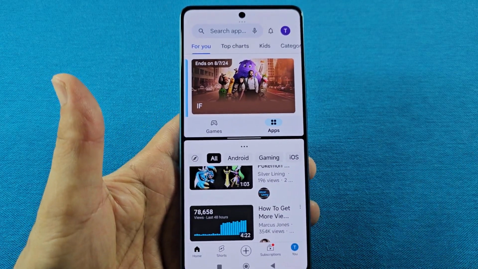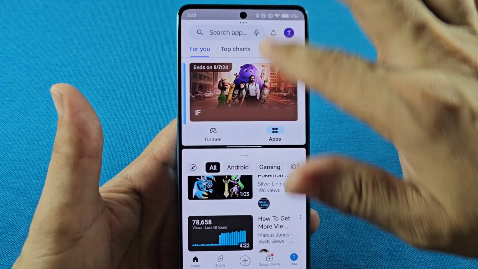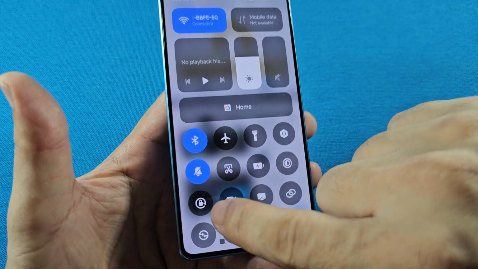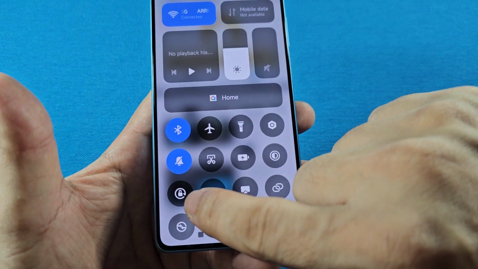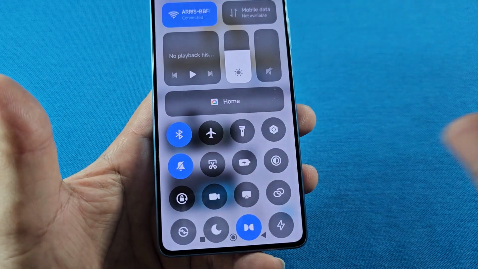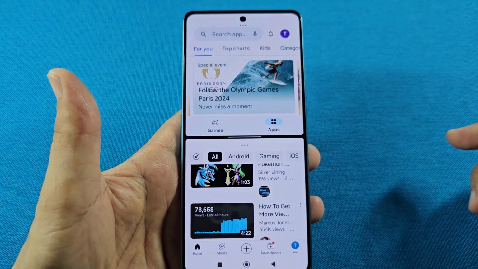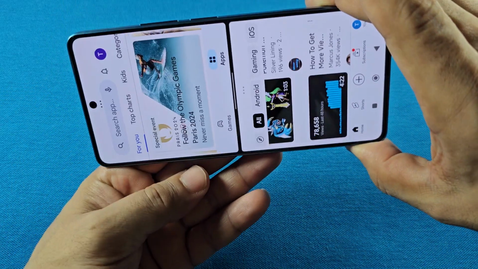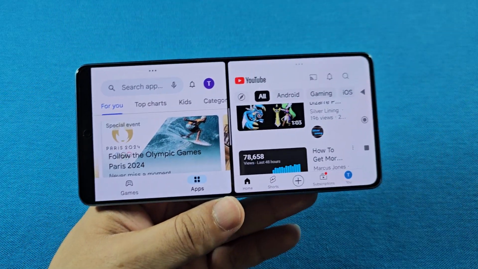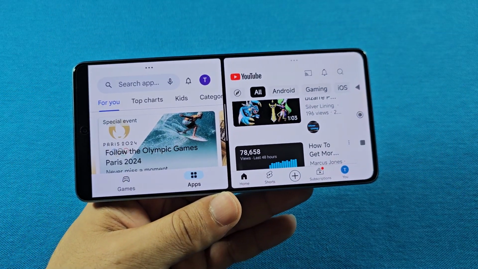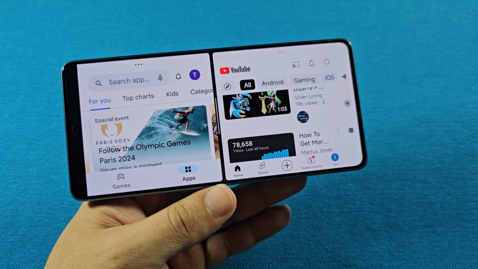into the landscape mode, make sure your auto rotate, make sure this here is not turned on, okay? Because if it's turned on, that means you locked it into portrait mode. So turn it off. And now that you have your split screen mode, you can switch it like this here. They will rotate like this here, and you'll have yourself the split screen in landscape mode, like it's a